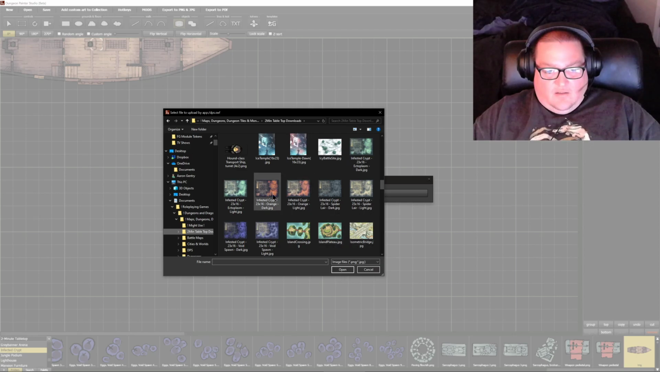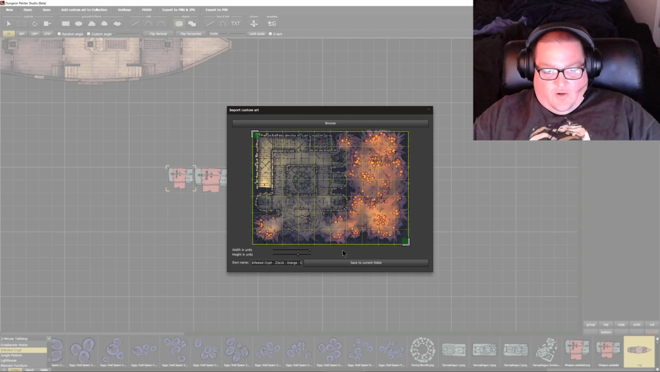I like the orange dark one without really looking too close. Okay, so now it wants to import it as 10 by 7, which can't be right, because it's way bigger than that, I'm sure, the actual map. And the only way to fix that, yeah, it's 23 by 16. The only way to fix that is to resize the map so that it is exactly the right size in your assets